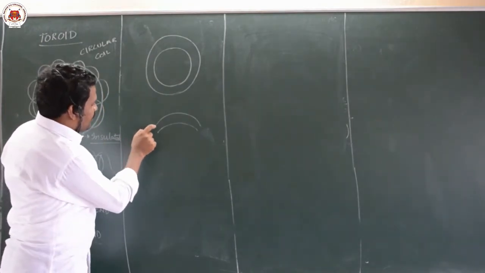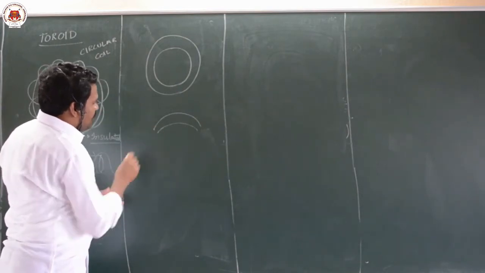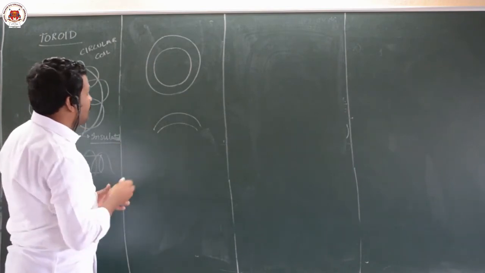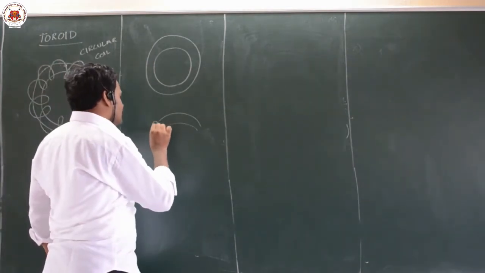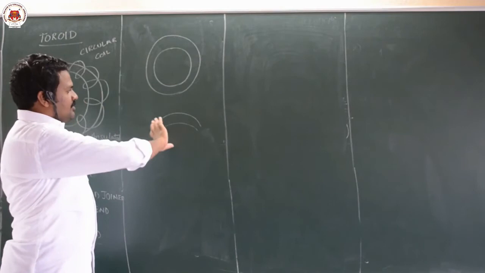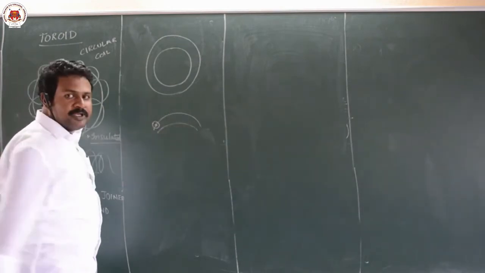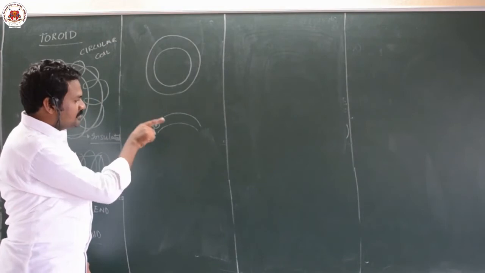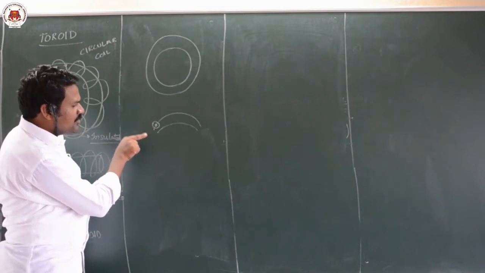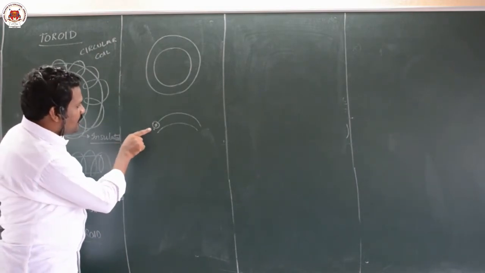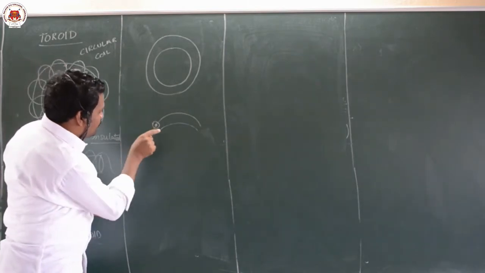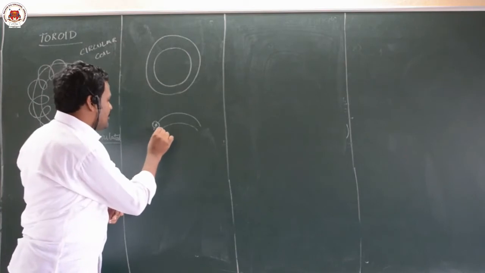Now, if I see the current direction here, it is going in, it is coming out like this. So here the current direction will be out. Understand this point very carefully. This coil is present on the plane of the board. Now I am winding one wire like this, so the wire is winding in this direction and current is also flowing in this direction only. So when I am coming here, current is coming outside. When I am coming this side, current is entering inside. This is a very important point in a toroid.